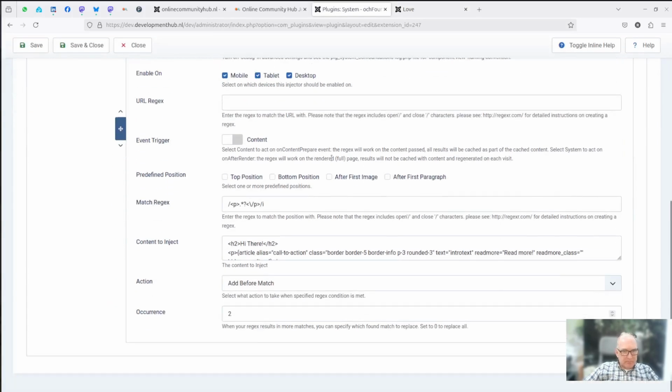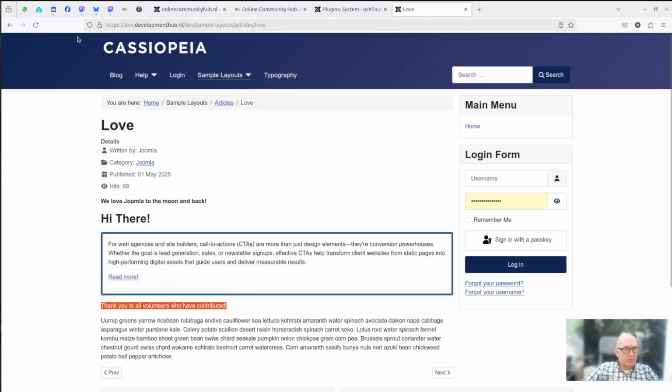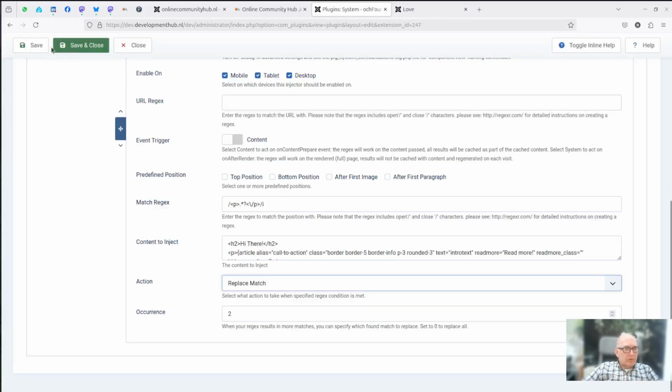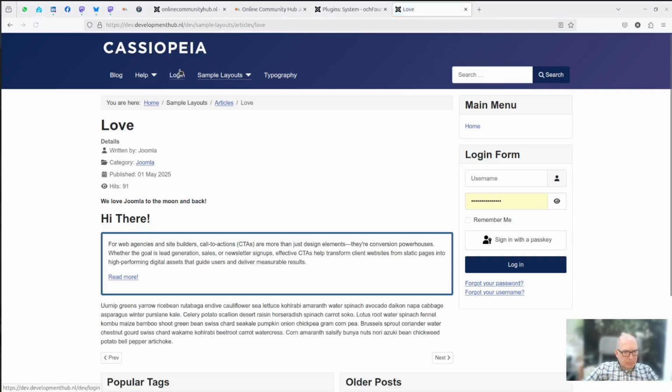And you can even replace the match. So we replace the second paragraph with this text. So this is the second paragraph here. No, wait, need to save it. And now the second paragraph is gone and this is replaced here.